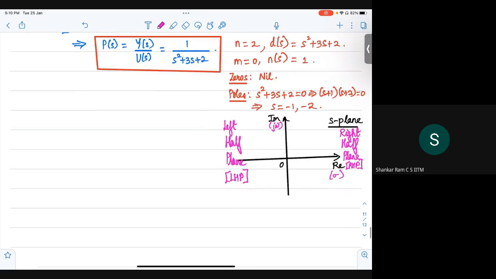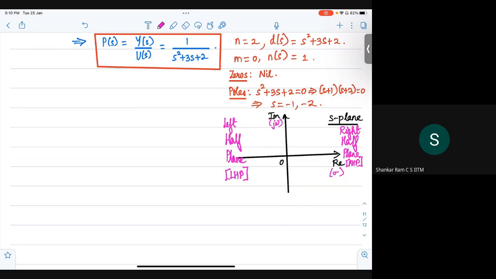I hope it's clear what is meant by the left half plane and the right half plane. So any complex variable S in the left half plane means its real part is negative, right? So that's another interpretation we can have. And if any complex variable S is in the right half plane,